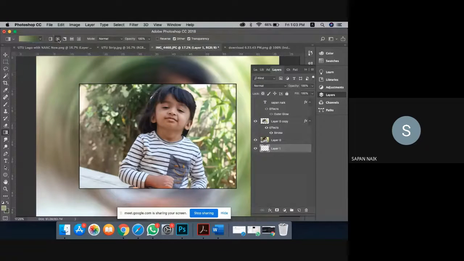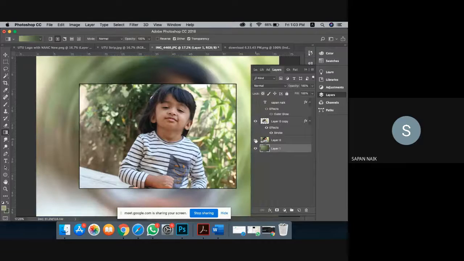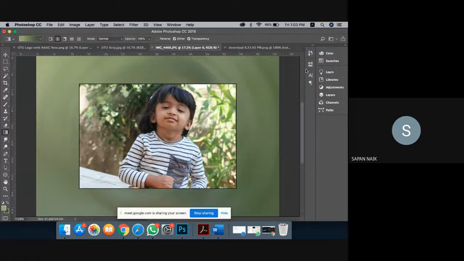Here there are different methods of gradient. So we'll apply one gradient here. I have applied that gradient over here. This is my upper layer. Now I will reduce the opacity of my upper layer. Now this is how my background will look.